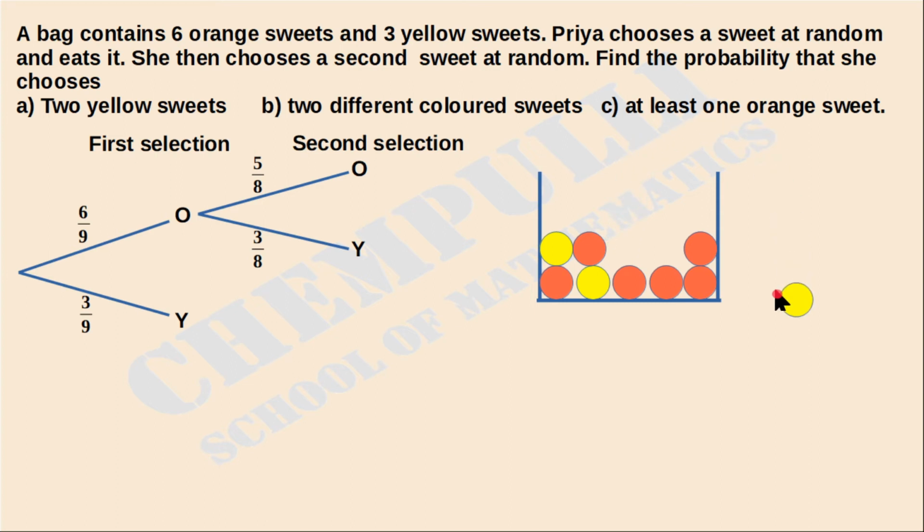Okay, then now we are going to select the second seed. In the second seed case there are two possibilities, orange or yellow. We can draw those two possibilities. One is orange, the other one is yellow. Then what is the probability? From here, what is the probability of getting an orange seed? Here total how many orange seeds are there? 6 orange seeds. The probability of getting orange seeds is equal to 6 over total how many seeds are there? 8 seeds. That is 6 over 8.